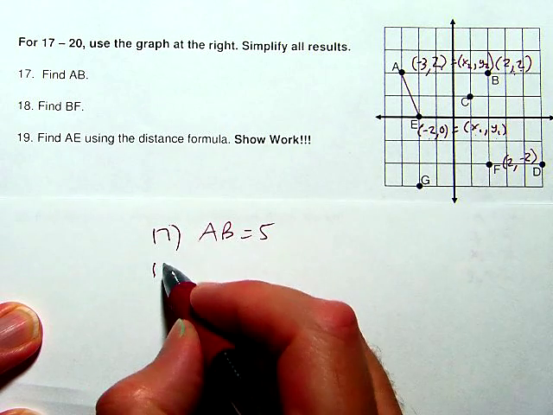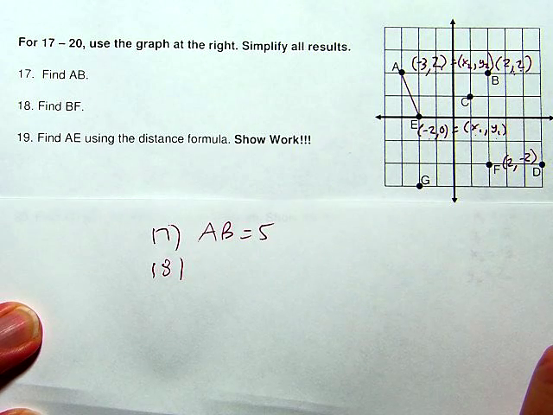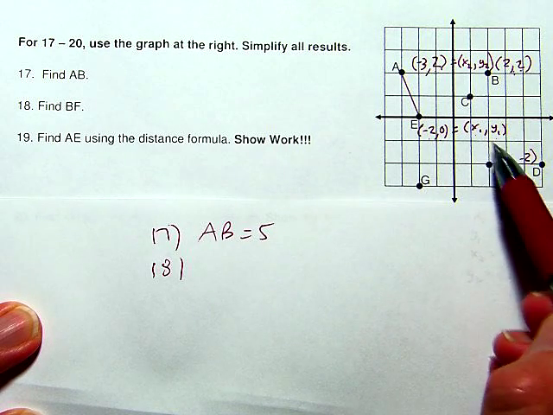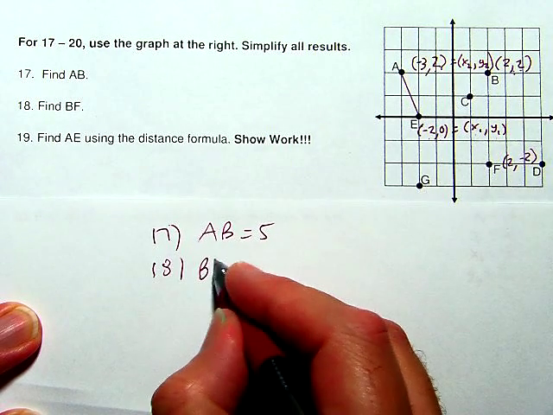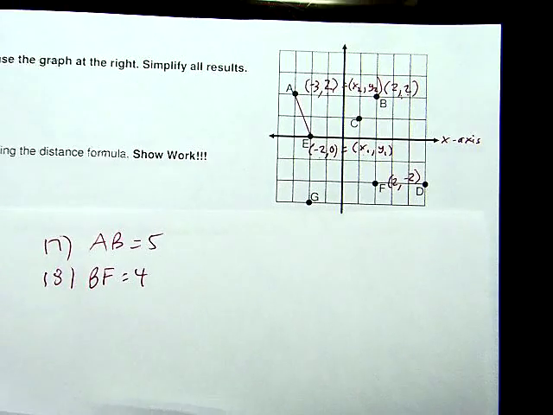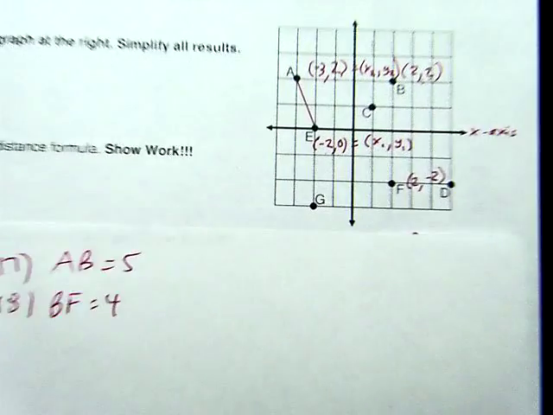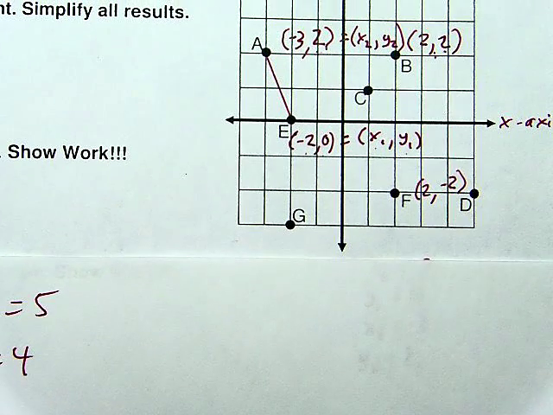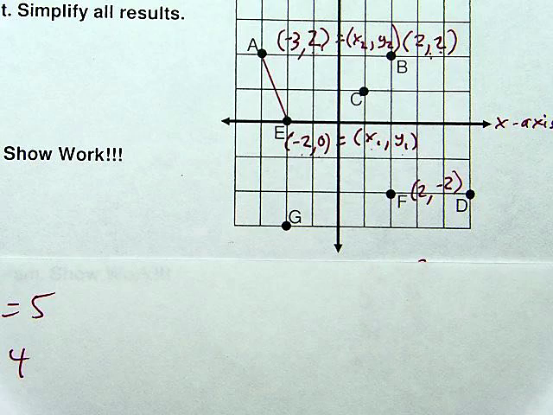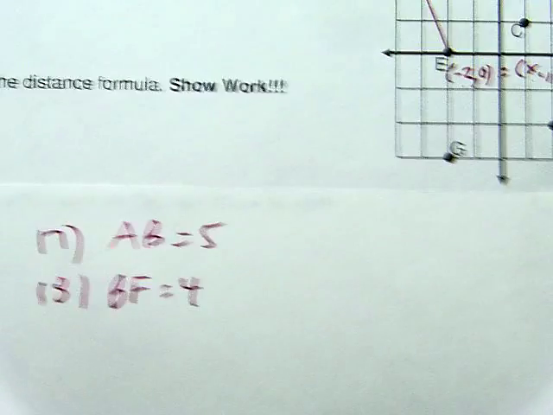Question number 18 is to find the distance between B and F. These 2 points are on the same vertical line. So you can simply count down and count the number of boxes. You don't have to use any other method. So we've got 1, 2, 3, 4. So BF is equal to 4. Another way to notice that they're both on the same vertical line is to notice that they both have the same x-coordinate. Both B and F have an x-coordinate of 2. So therefore, that's another way of seeing they're on the same